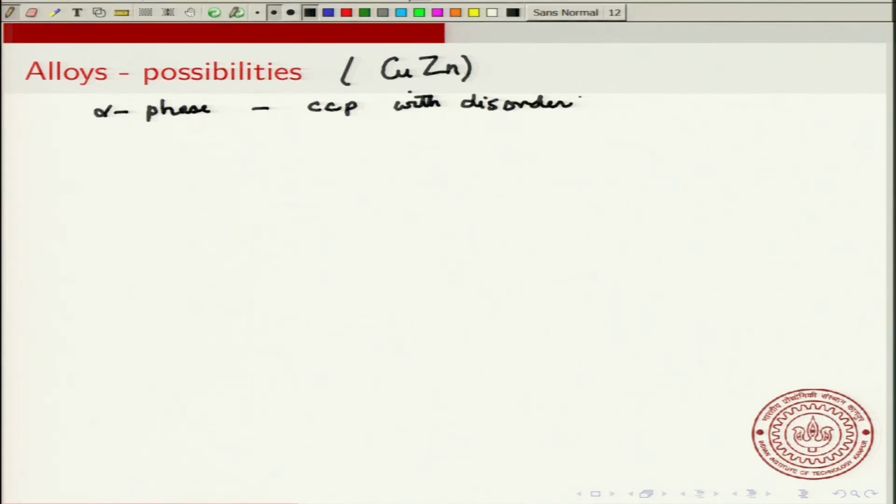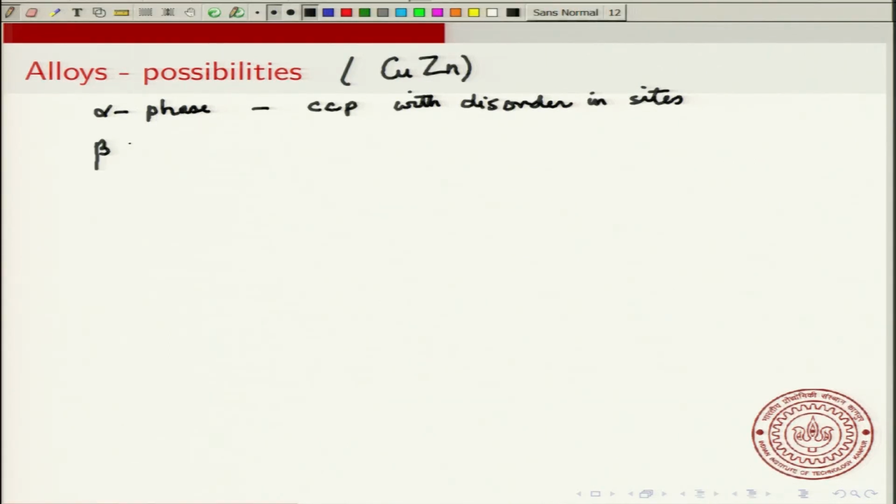Disorder means there is no ordering in the positions of copper and zinc. They are all in the CCP, but each site can be either copper or zinc. So, that is the phase that we talked about. But now